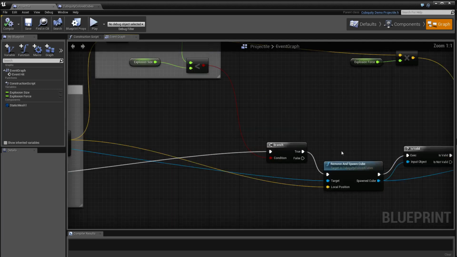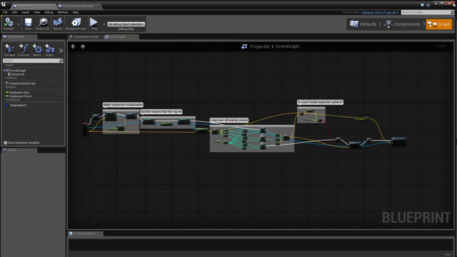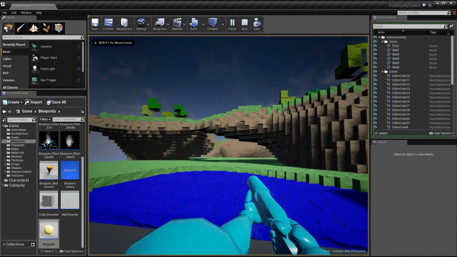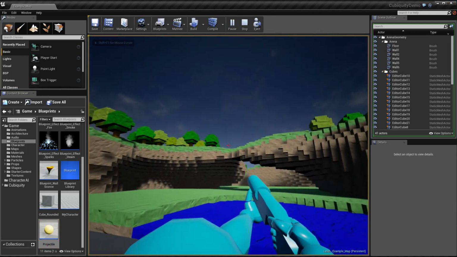So you can see all that magic there is literally just removing a voxel and spawning a cube in its place and providing it with a semi-random lifetime. So we'll show how this looks in game. If we press play once more, the volume loads up, and I can click the middle mouse button,